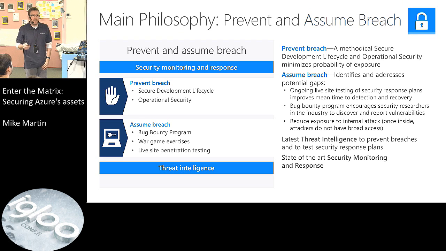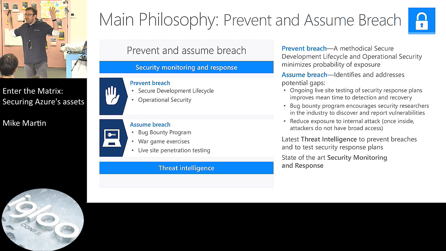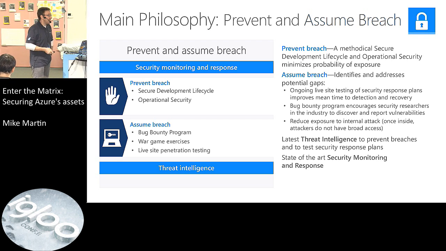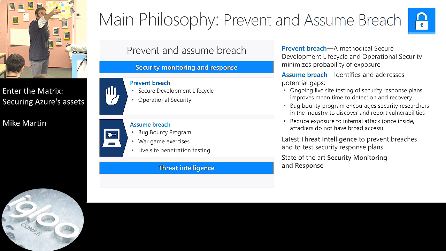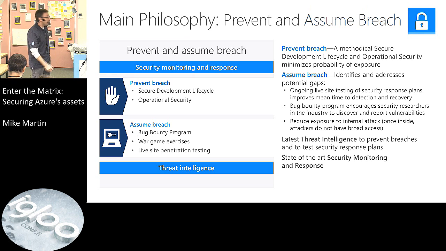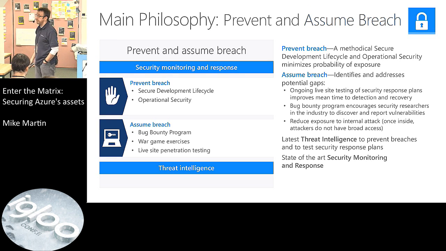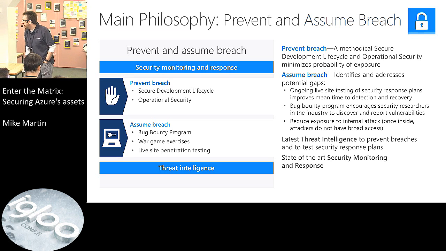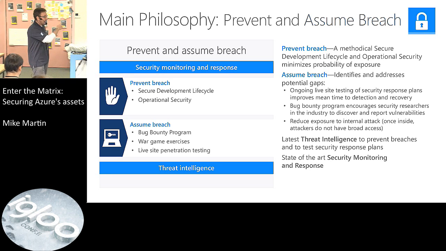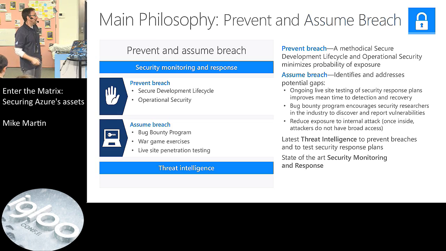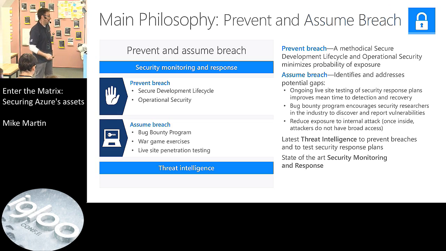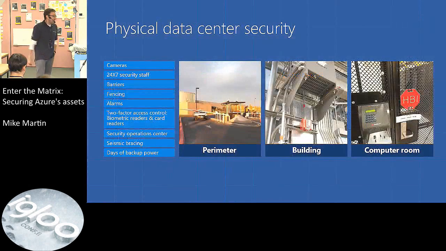And this is a generic thing. This is something we kind of forgot over the years, and we see it coming back. So make sure that you get this. Secure development lifecycle is already halfway there. Operational security is the other half. If you put these two together, it's a good thing. Microsoft does this by doing bug bounties, war game exercises with blue and red teams, and so on and so on. Another thing that they do is provide you physical security.